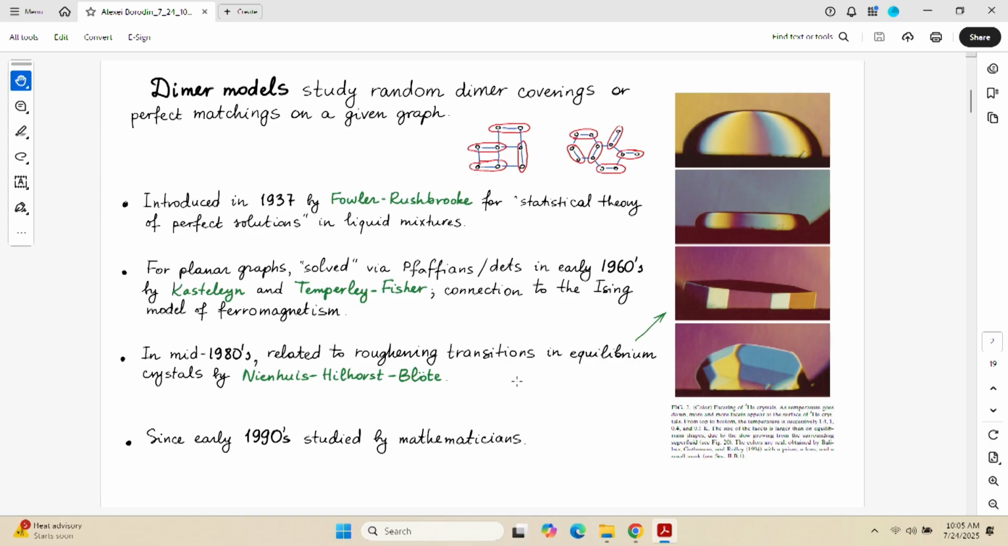Then there was a pause, and then in the 80s, another group of physicists picked dimer models up, and that is actually related to the pictures that you see on the right. So what are these pictures of? These are actually photographs from one of the physics papers. What you see is a droplet of helium at a very low temperature. So the top picture, I'm not sure if the text is readable, the top picture is at about 1.4 degrees Kelvin, so above the